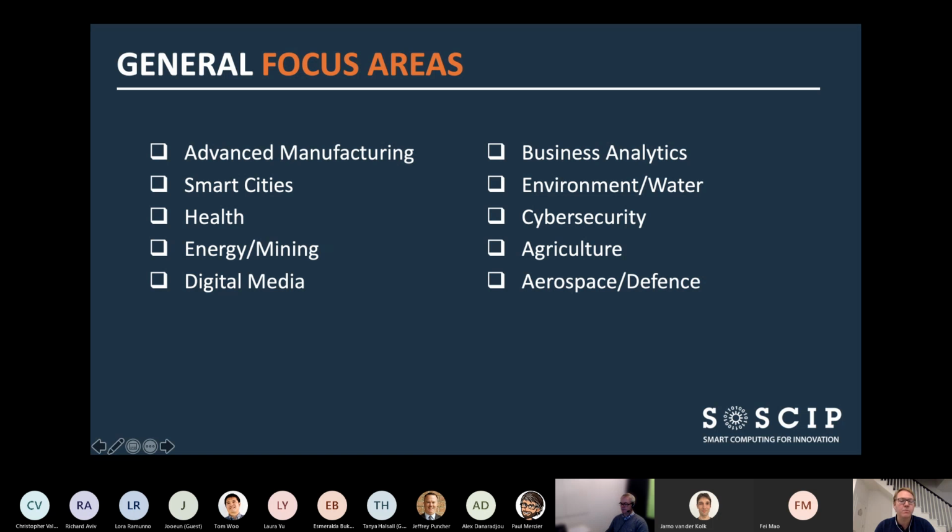We give some examples on the screen here. We're not limited to these by any means, but a lot of the uptake that we see within our projects is around advanced manufacturing, health, analytics these days, aerospace, defense, digital media, and whatnot. These are the areas where we see a lot of uptake, but we're not limited to these focus areas.